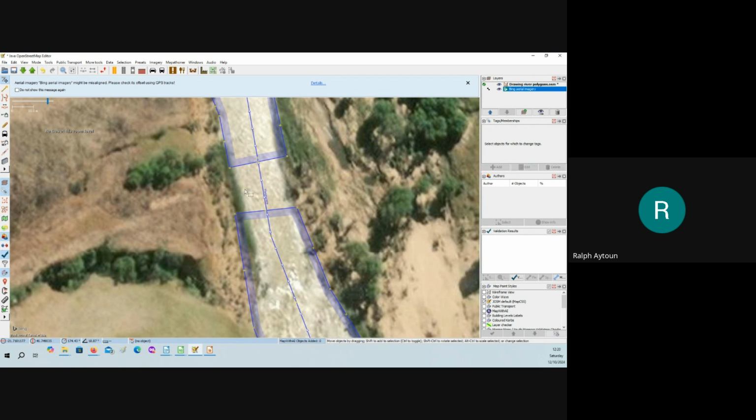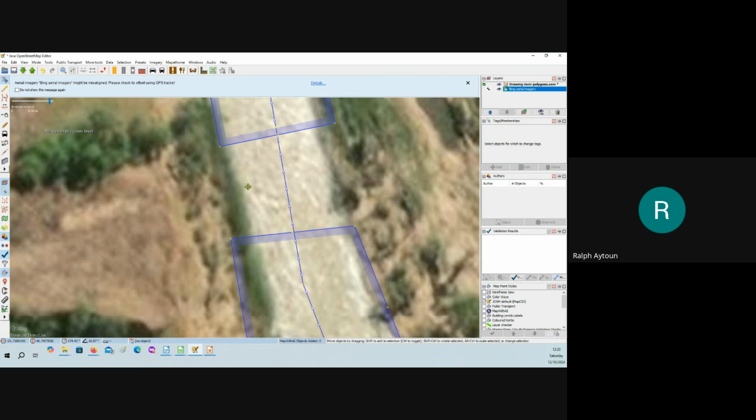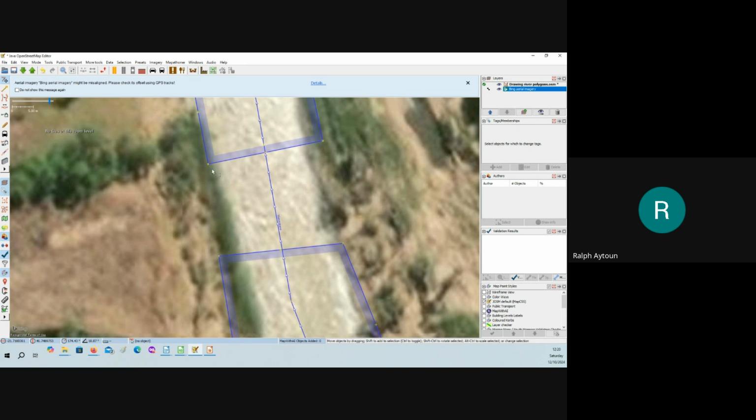How does this link up to that? When you are drawing, let's just take us back and get rid of that. Okay. Right, so I'm going to continue this.